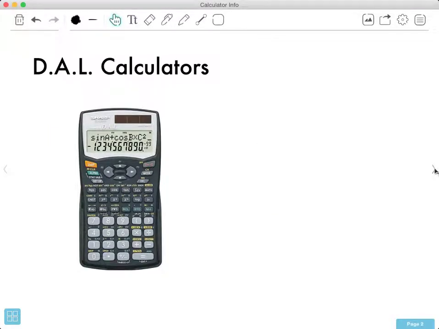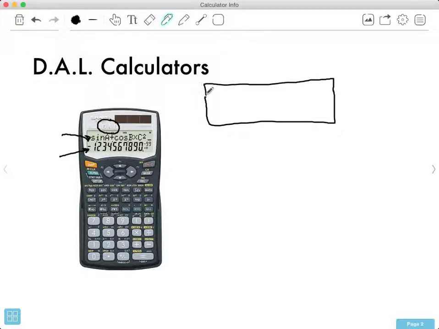DAL calculators, and there's one pictured here. It's maybe a little hard to see because it's in white on an almost white background, but it says DAL right on the calculator. DAL stands for Direct Algebraic Logic. What that means is your calculator will display what you're typing in as you type it in. Some of them, like this one pictured here, display what you typed in on one line, and then on a second line display the answer. Okay. On a more simple level,